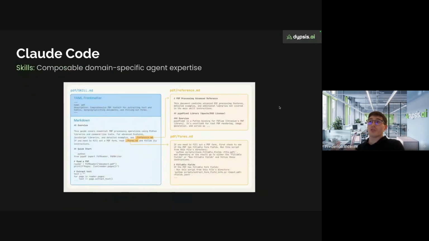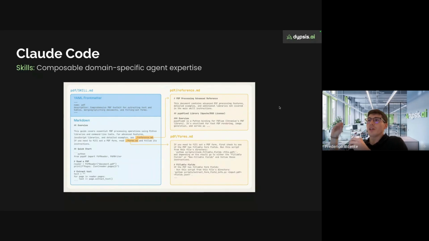Another very powerful feature, which was presented about one month ago, more or less, is skills. This is very interesting because it provides the agent with capabilities that it doesn't have by default. For instance, this is an example that Cloud Code gives: a skill to read files and even to fill some fields on a PDF if you need.